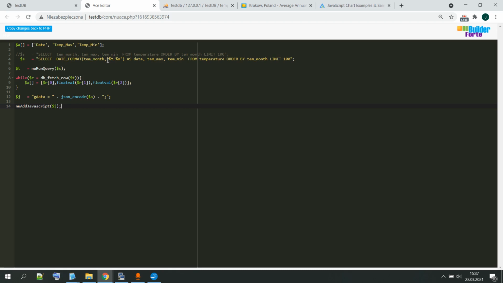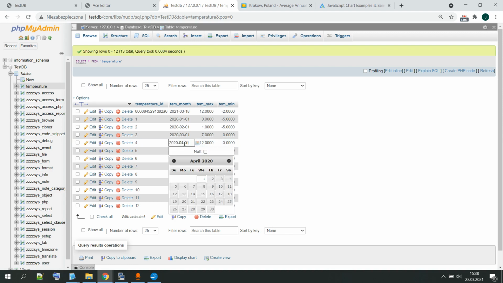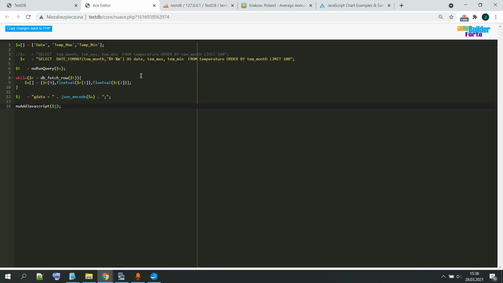Not to have year, month, date, day, because here I have the following format. Yes, if I just make select temperature month, I will get everything. But what I would like is only this. So this I can do with this format. Next, I will run the query, and later, line by line, I will extend my